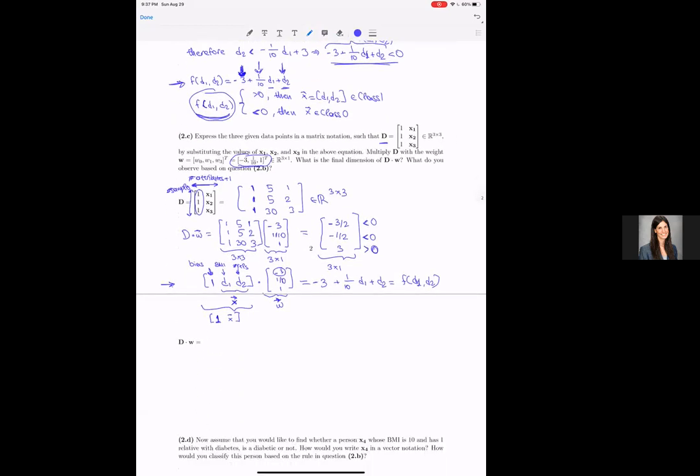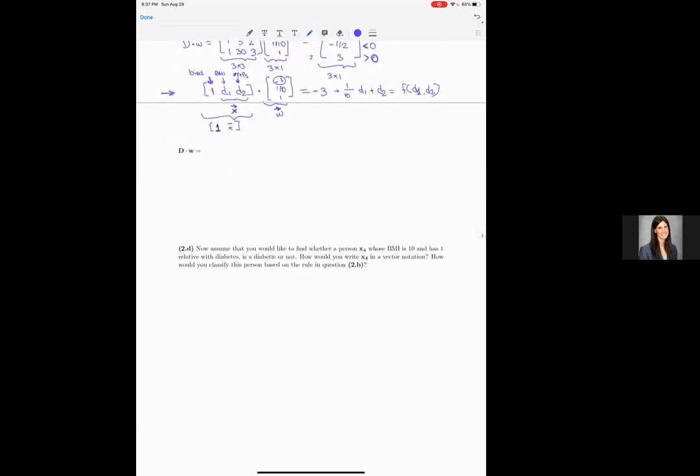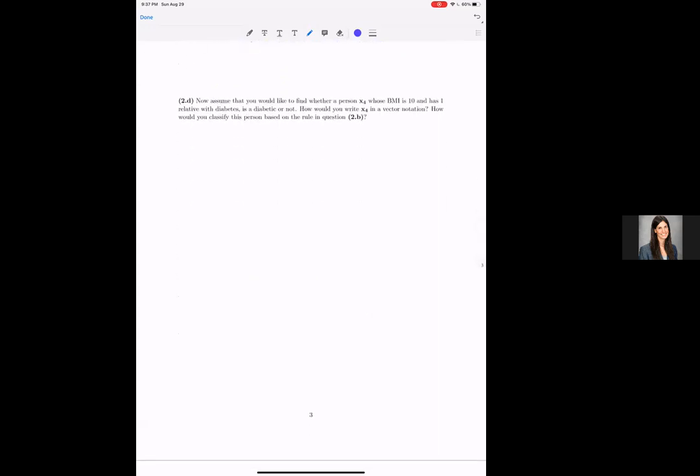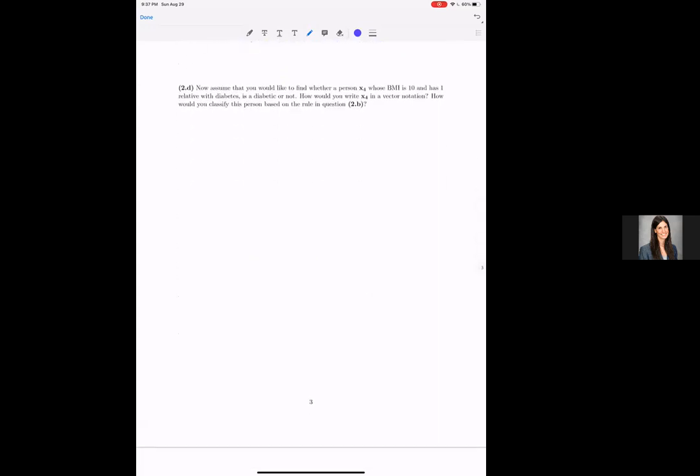So finally, the last question of this exercise asks us to assume that we would like to find whether a person X4, whose BMI is 10 and has one relative with diabetes, is diabetic or not. So how would we write X4 in a vector notation? That's pretty simple. X4 would be 10, 1. And if we were to classify this person based on the decision rule that we found in 2b, this person would be